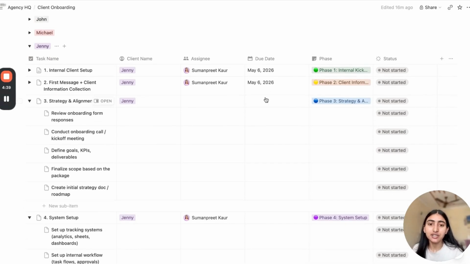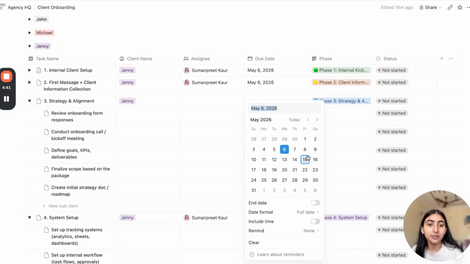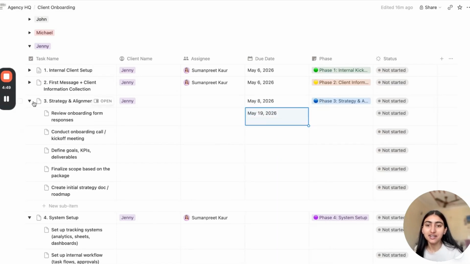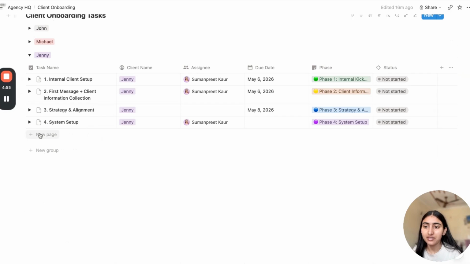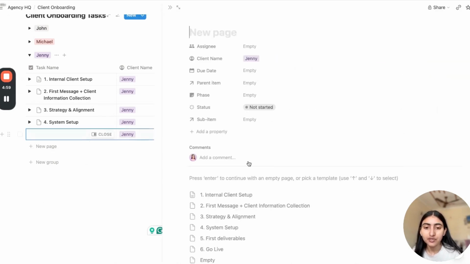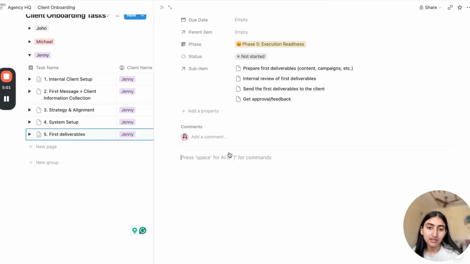But when you are using it, you can directly add a due date here based on your workflows, based on your processes and workflow. You can directly assign the due date here. And the next part is, we are done with the strategy and alignment, we are done with the system setup. So now we have the fifth task, that is first deliverable.